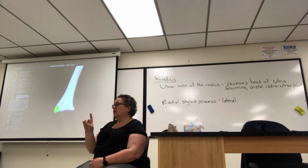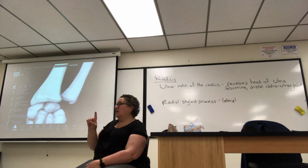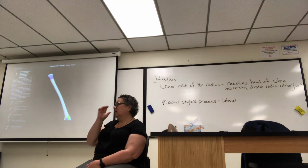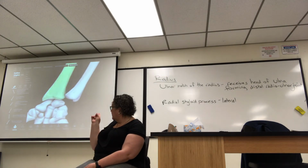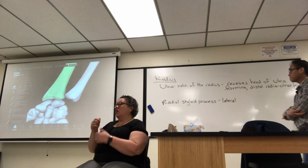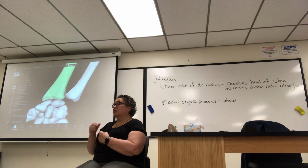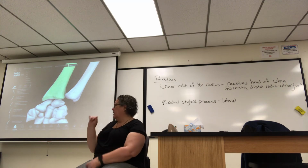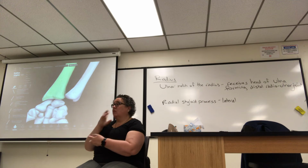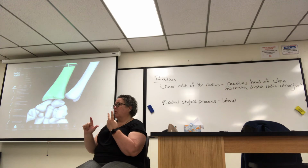Let's put it back in the full body mode. Notice that the styloid processes, there's one on each side, and yeah, they tend to fracture. If you fall on your hand and you fracture your wrist, those are some of the things that can fracture. In terms of the next bones I'm going to talk about, the wrist, you can have two of the carpal bones actually articulate